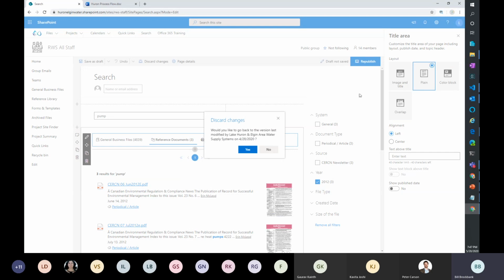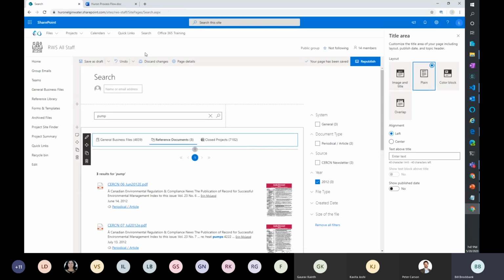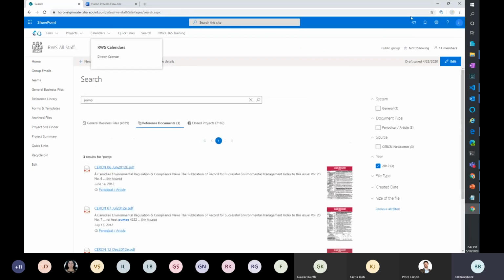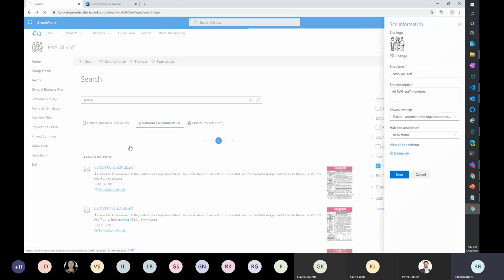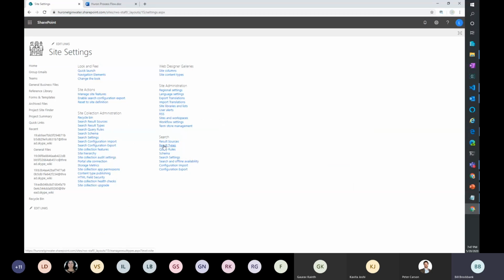And if we go back to discard changes. Why is it taking so long? Oh, there we go. Yes. We go back to the site itself, site settings, so you get an idea, site information, site settings. I go look at my result sources here.